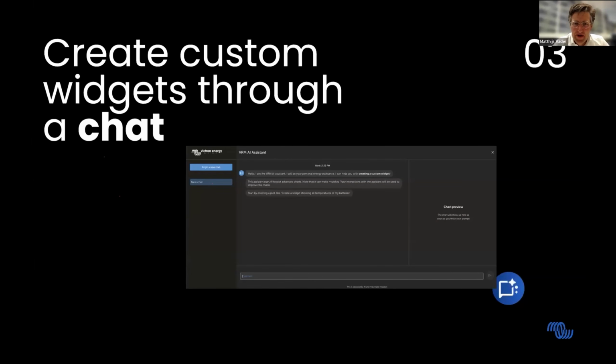And what is super nice of AI is that it allows to use such a complex tool without having to fully know it or understand it or be familiar with it. Basically, you can ask a question and show me the state of charge together with my battery voltage. So you just ask what you want, hit enter, and the AI model makes you the graph. And if you then want it a little bit different, you can tell it what you want different, and it will do its best for that.